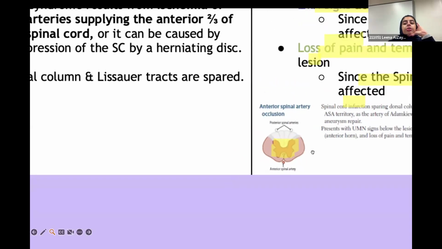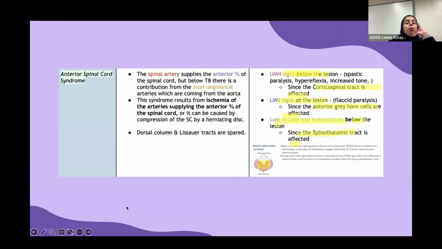Now, what is the artery that is causing this issue? We're probably going to have a spinal cord stroke, a spinal artery stroke, because the spinal artery supplies the anterior